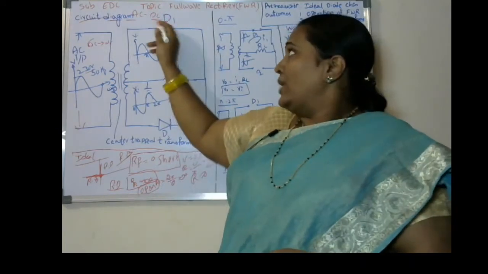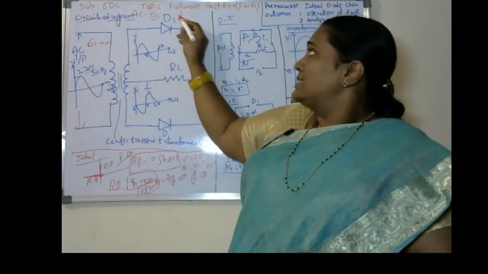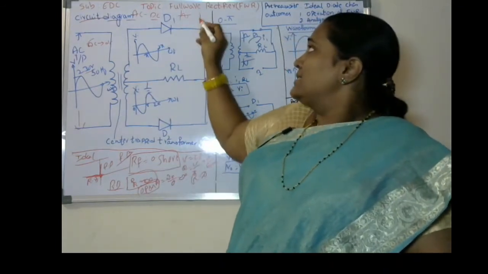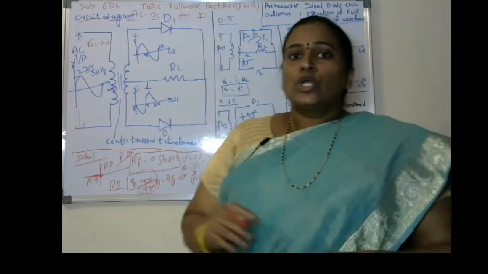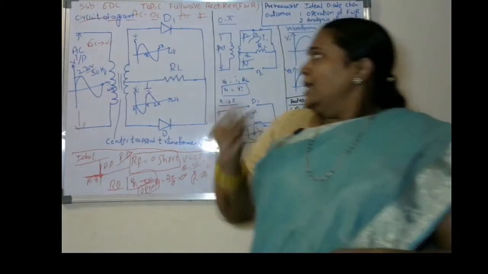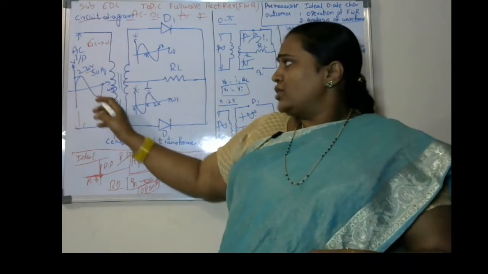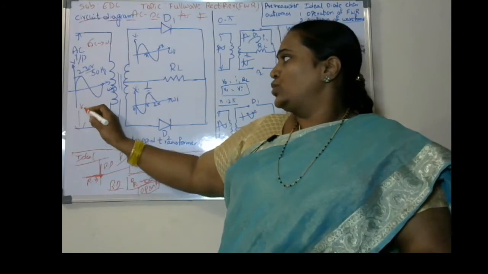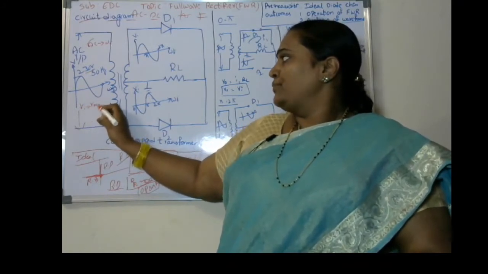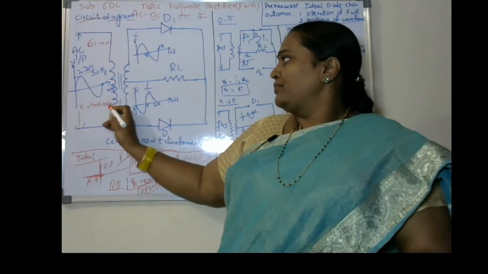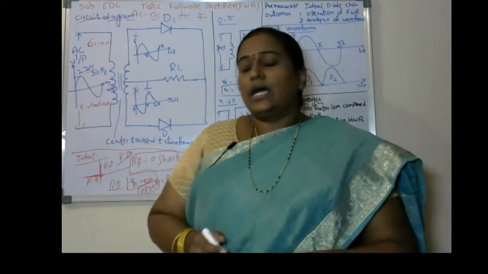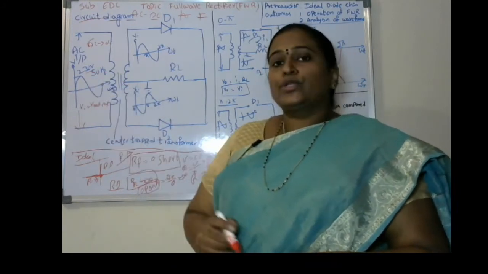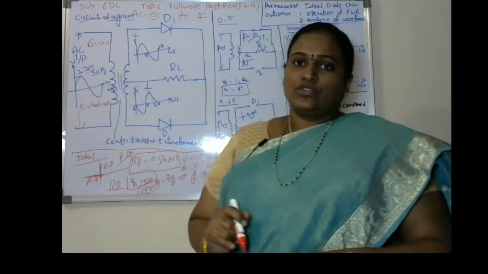We actually require a pure DC signal, since AC changes instantaneously with respect to time, but DC should have a constant voltage. When I apply a sinusoidal input signal, we can assume Vi equals Vm sin omega t. Here, Vm goes for 230 volts at the primary of the transformer, since for household purposes we get 230 volts and 50 hertz frequency.